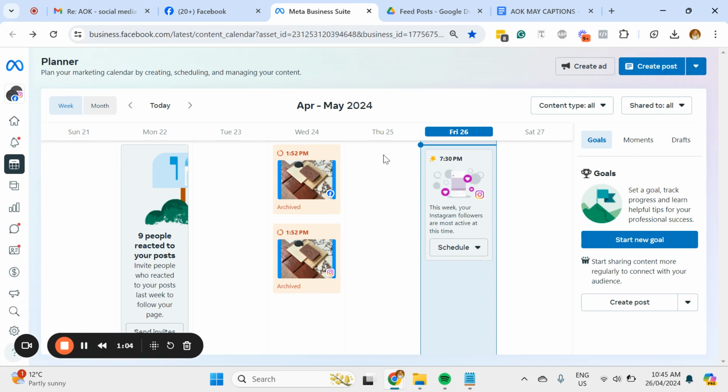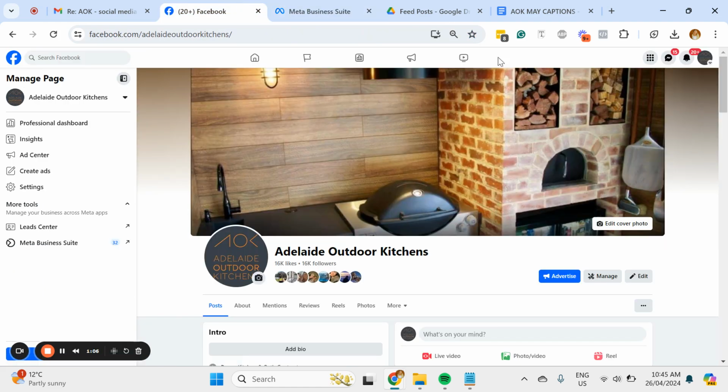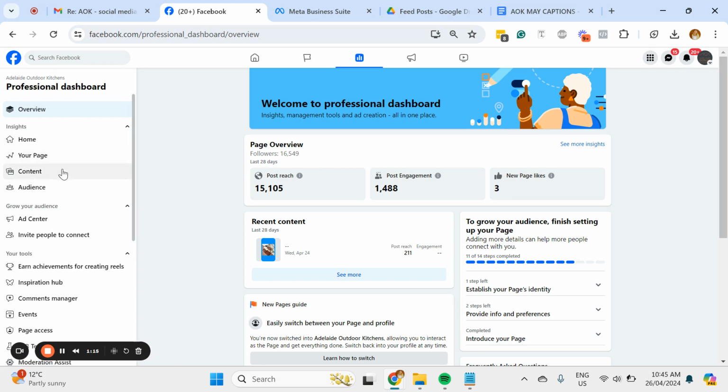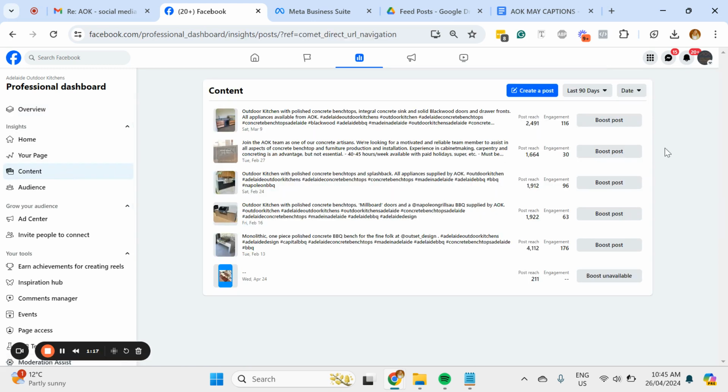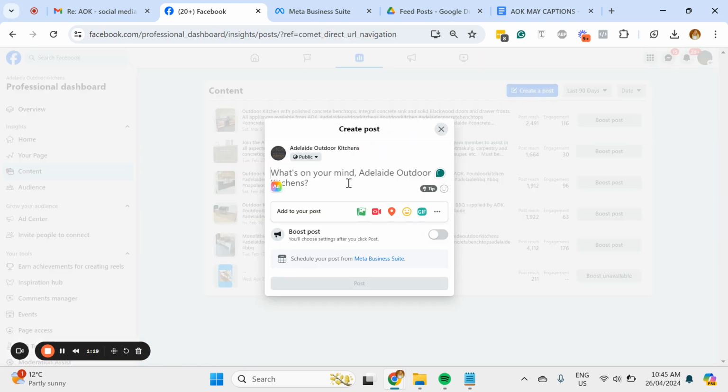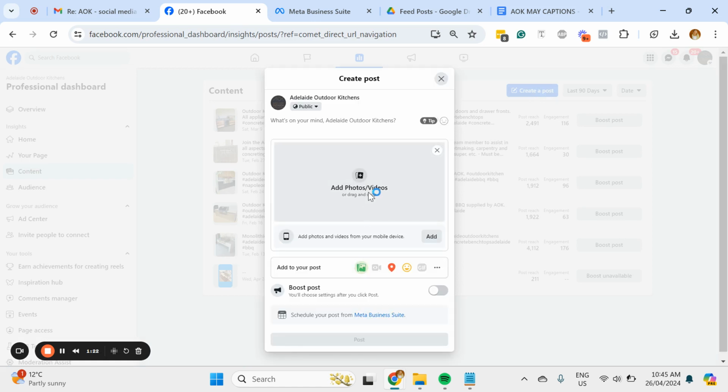However, if for whatever reason you're struggling to get to this point, you can also get there by doing these couple of steps. Once you get to your main page, navigate to the left-hand side, click the professional dashboard, click content. If you create a post and then you upload the images that you want for that post,